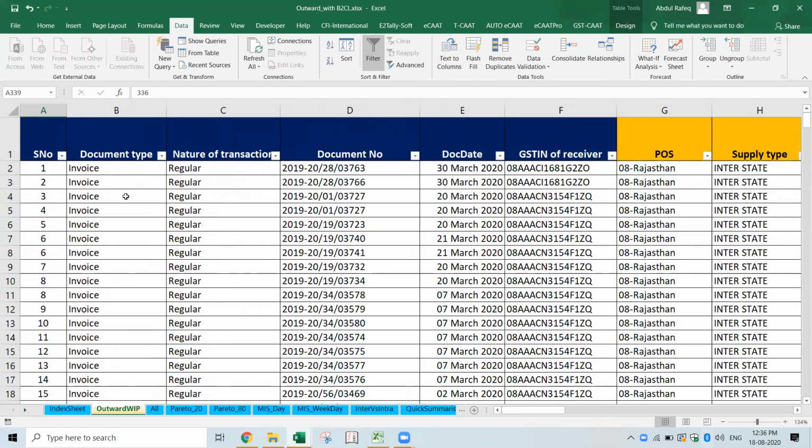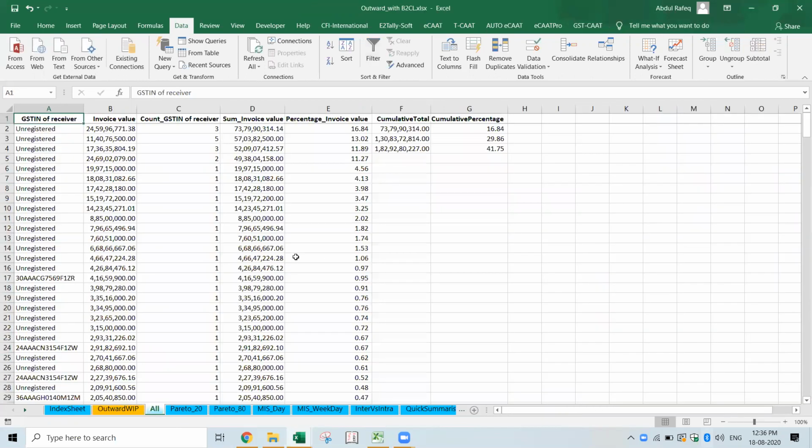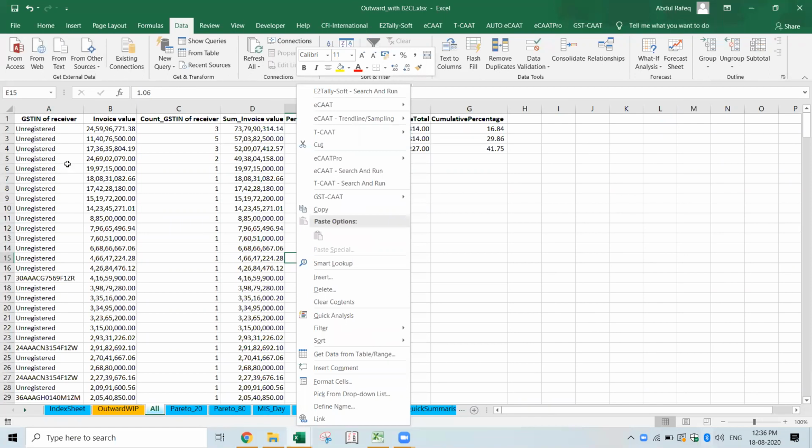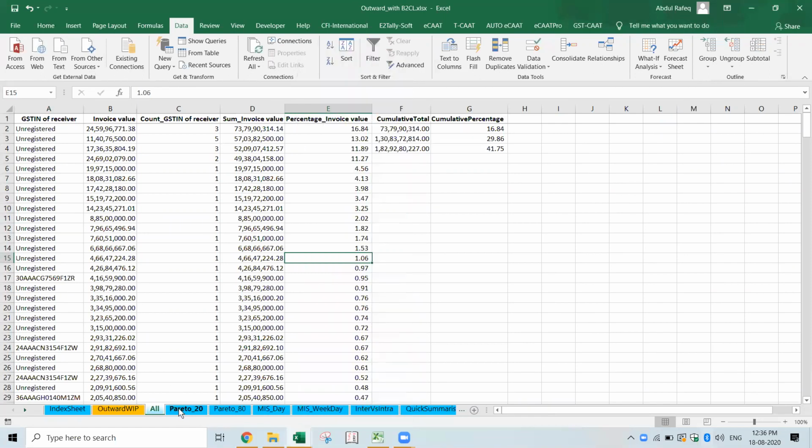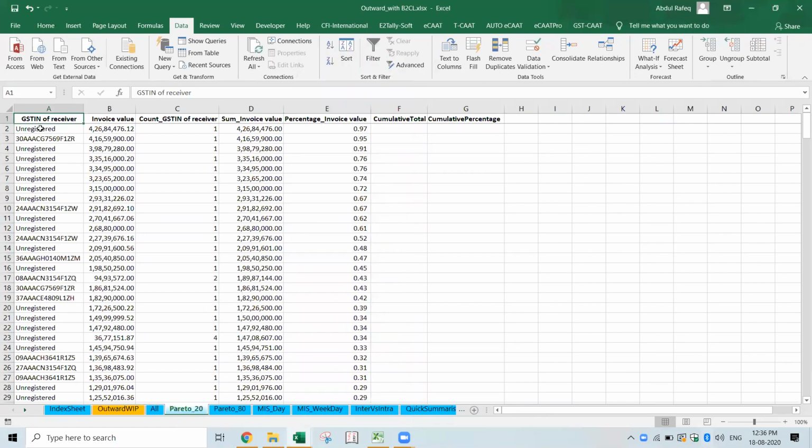Okay, let me remove the filter again. I'll come back here. Now this is the data which I prepared. First thing I want to show you is I'll just walk through what I've already done. You wanted to see the Pareto principle. Correct. This gives the complete data, and now I'll give you as per the Pareto. I summarized based on this.